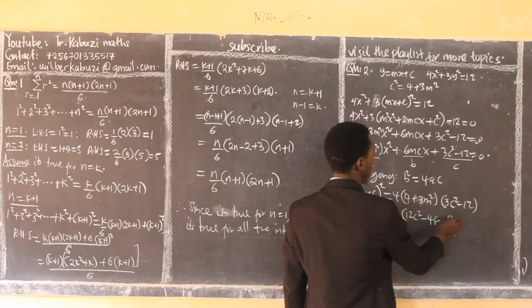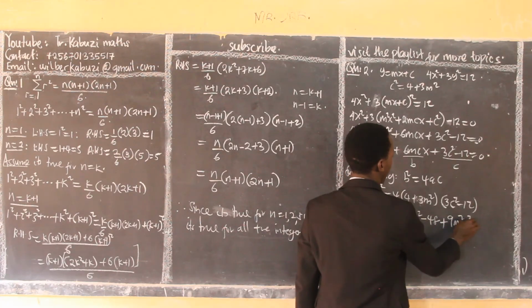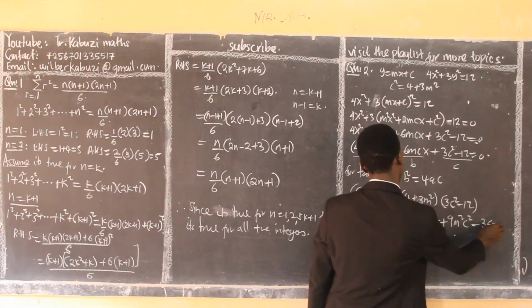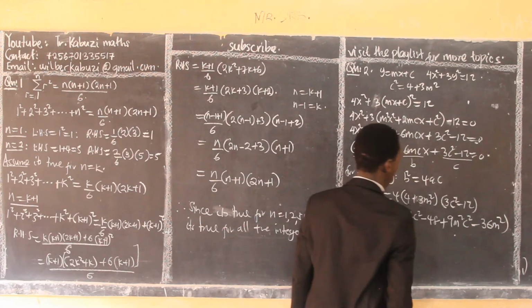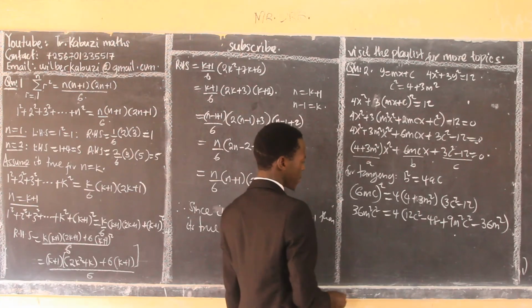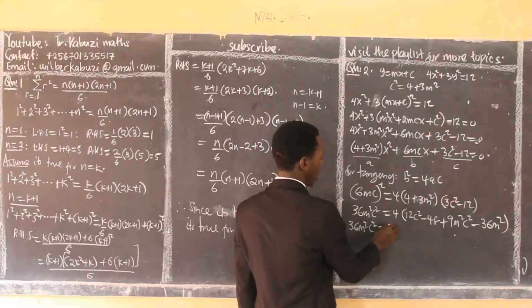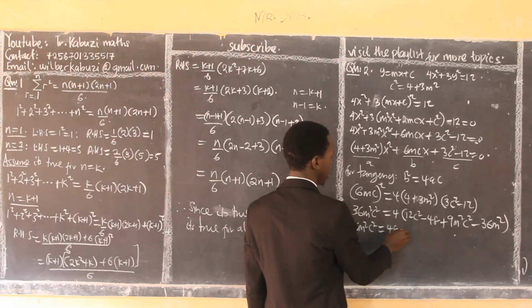This will get 9m squared c squared minus 36m squared. So you see, you have now 36m squared c squared equals 48c squared